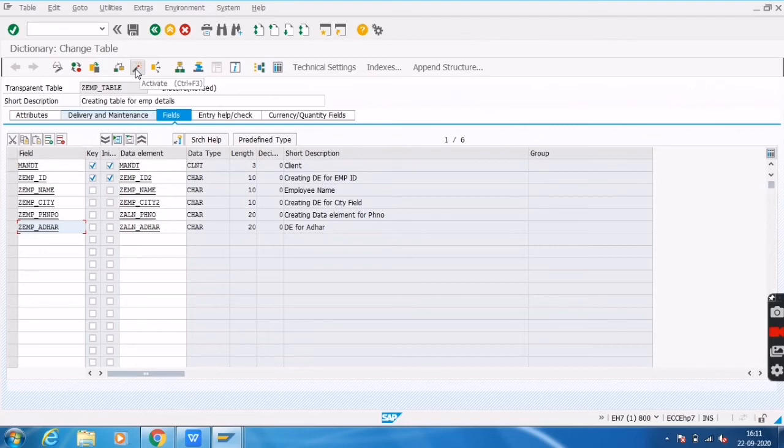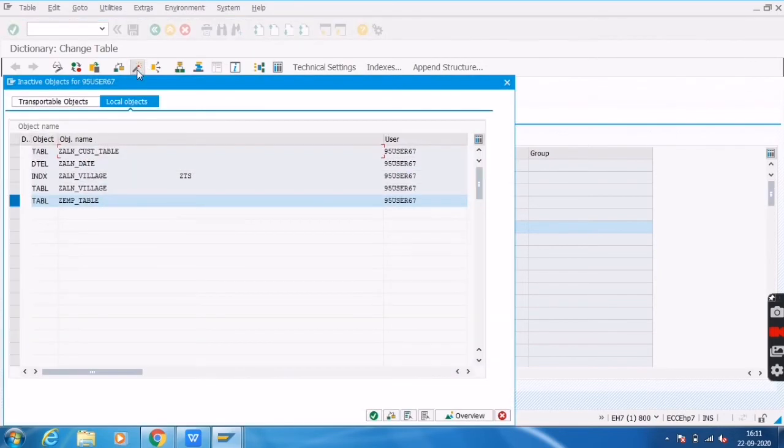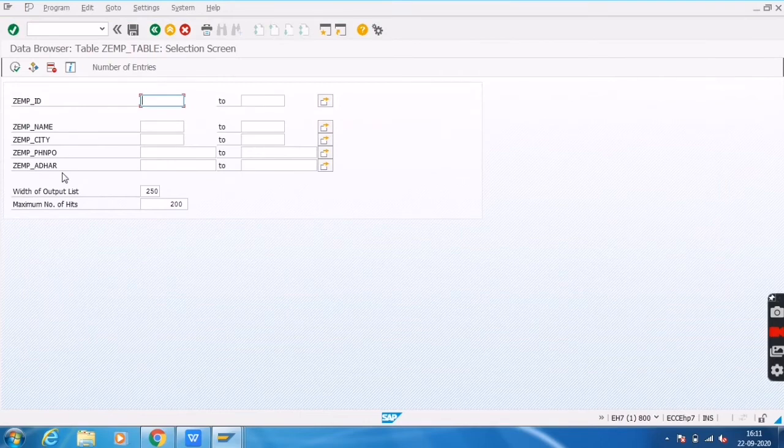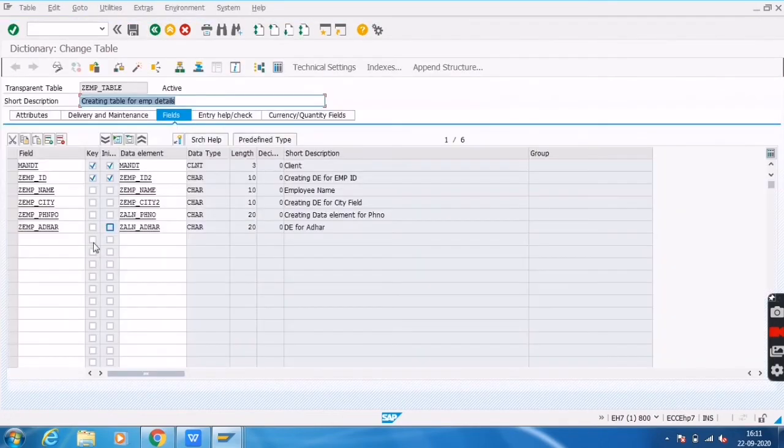See here, I added one extra field to my custom table. Click on save button, click on activate. Okay, first of all click on contents. When you add any custom field, we need to follow some procedure.